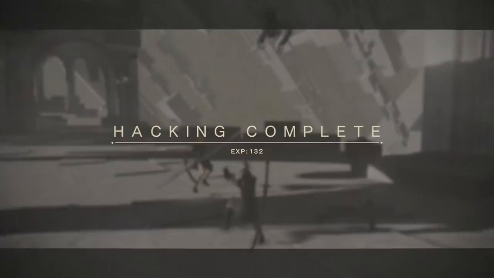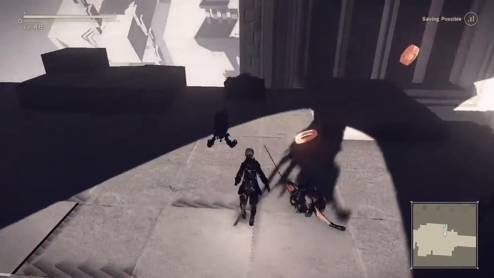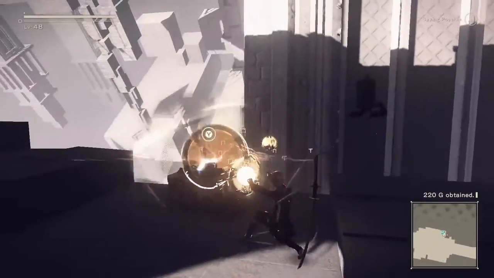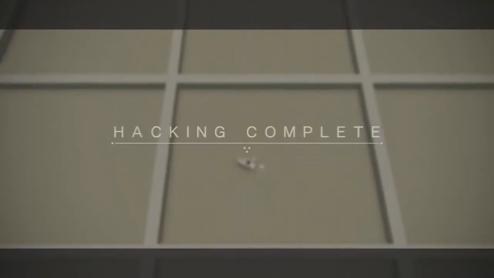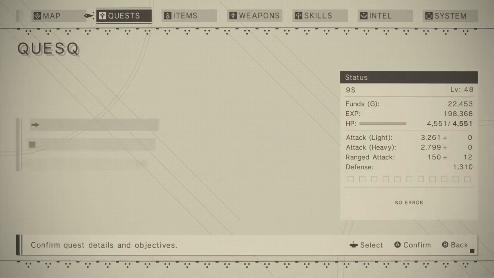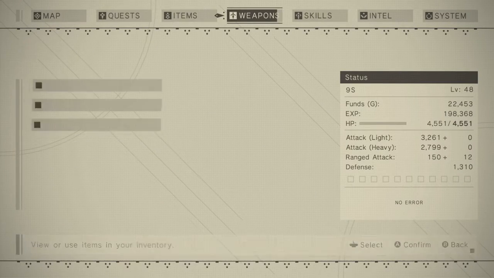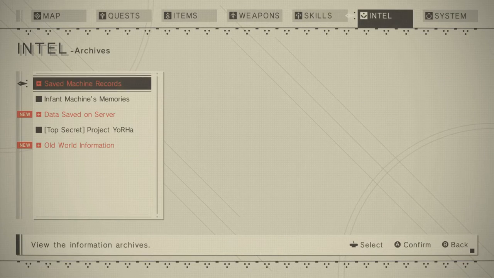That was one of the easier ones, though. Okay, now let me get this chest, which also needs hacked. Oh, but it's one of the baby hacks for babies. Gestalt Report 9. I guess we'll read more about Project Gestalt, because I still don't have a clear idea what it is. Let's see, Intel, Archives...